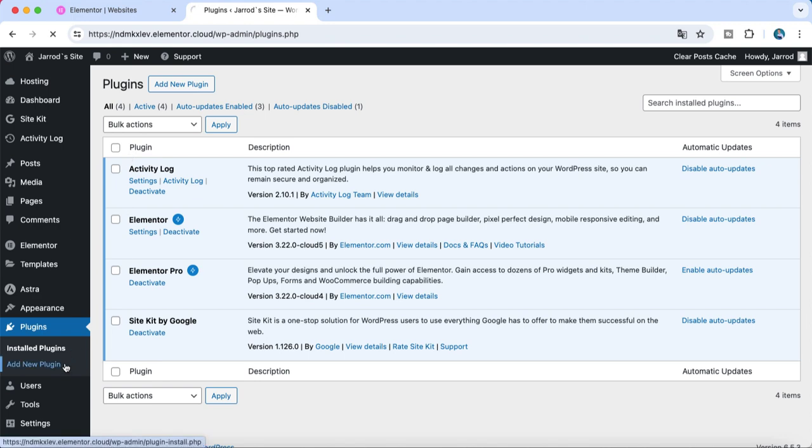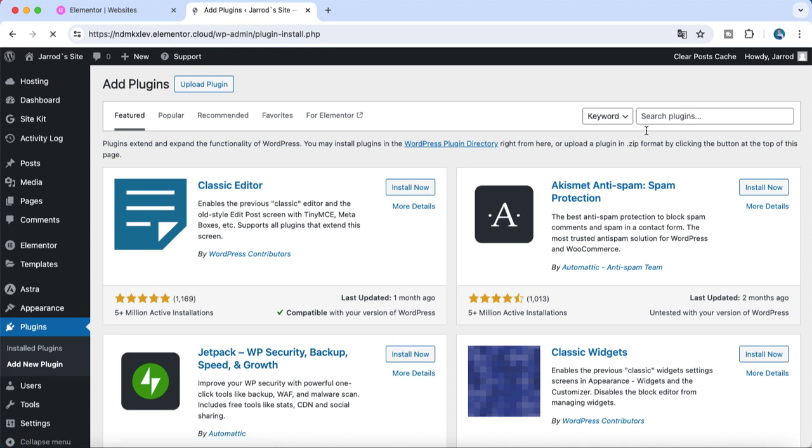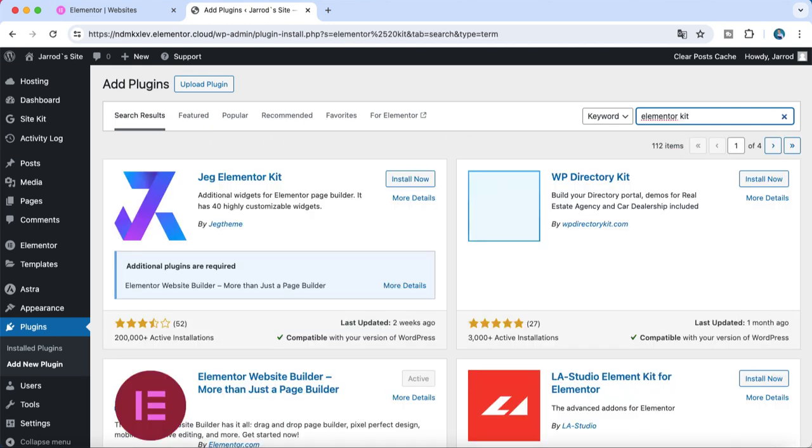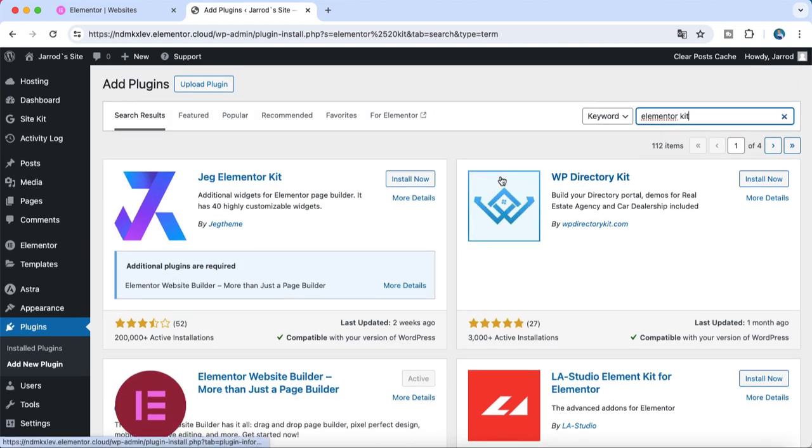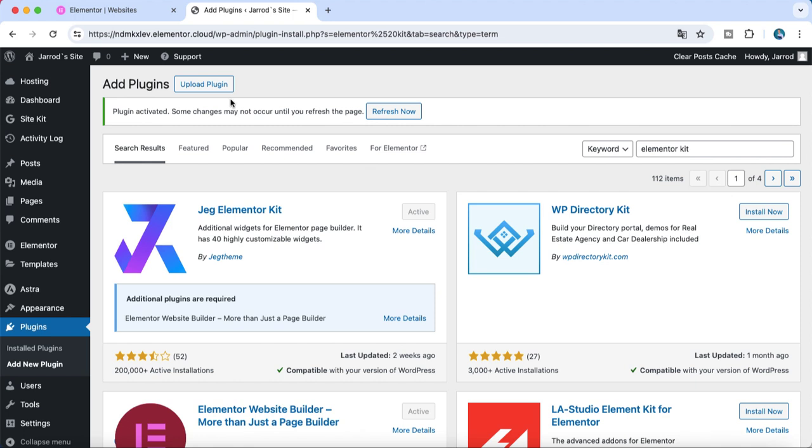So I can click on add plugin. I'm going to search here for Elementor Kit. You can customize it with the Elementor page builder. But we can also use Elementor Pro because it offers a lot of templates. I highly recommend it. I've been building websites for 15 years right now, and I highly recommend using Elementor Pro. Right over here, we go to pages, all pages,